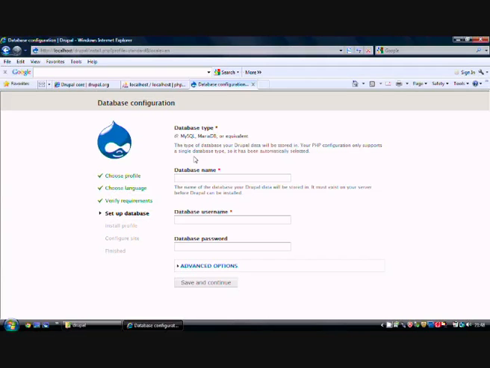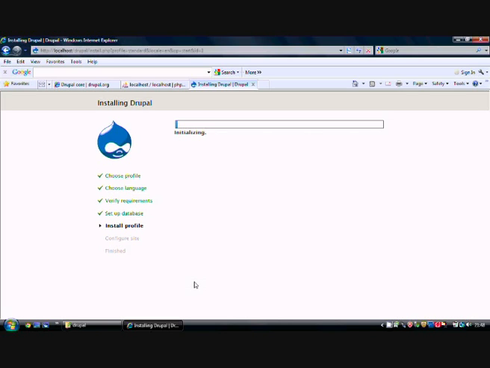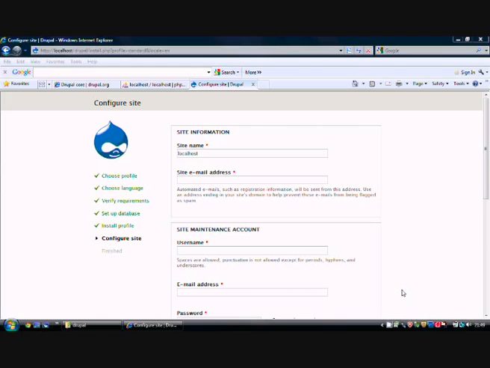Next it will ask for the database details, which we've already created in phpMyAdmin, and we need to supply the same, which is Drupal. Username is again Drupal and the password is Drupal again. Then we click on save and continue again. This will take us to the installation process, which will take a couple more seconds, and we reach the end of the installation,